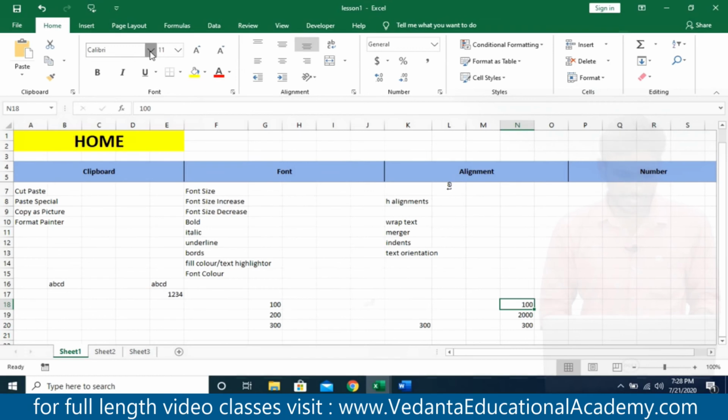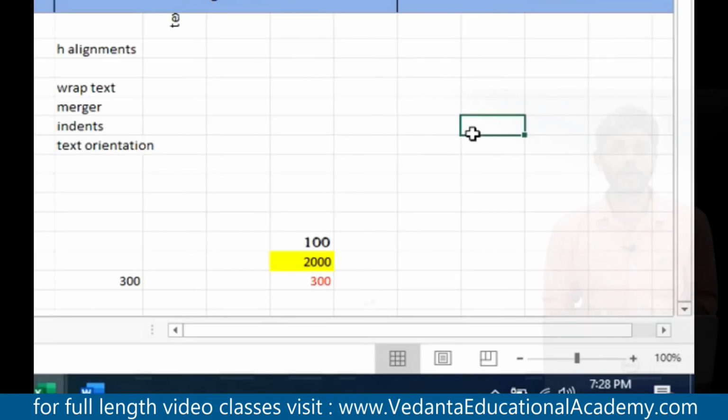Here I'm going to use the font face Algerian, and for these 2000 I have given some background color, and for these 300 I have selected an individual text color. Here if you want to copy only the format, not the values, I would like to write one more. For example ABCD, and here PQRS, and here XYZ.